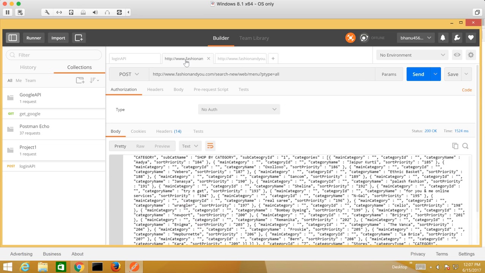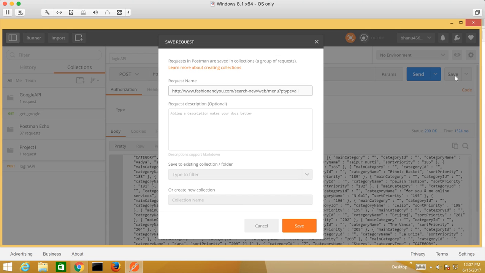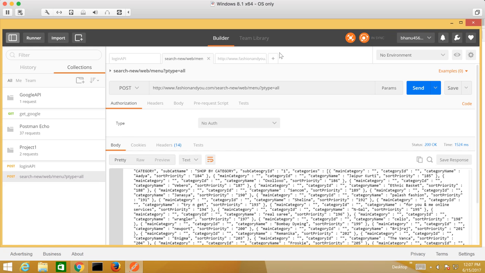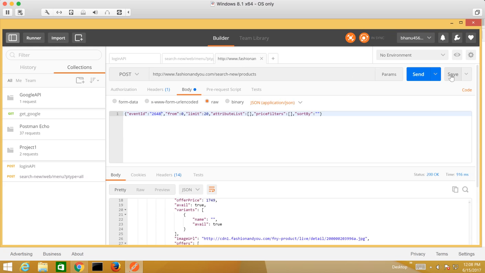How we can save it, this is also an important part. You can just save this, and this is nothing but your search new menu. So remove this, this is not required. And in here you can just select the previous one, so that it will store in the same API. So I can go for project one, there I want to store, select here project one, click on save. This will get saved there. Then again for this also we can save. So click on this, click on save,